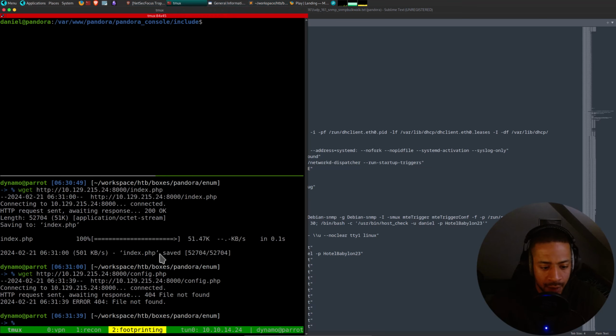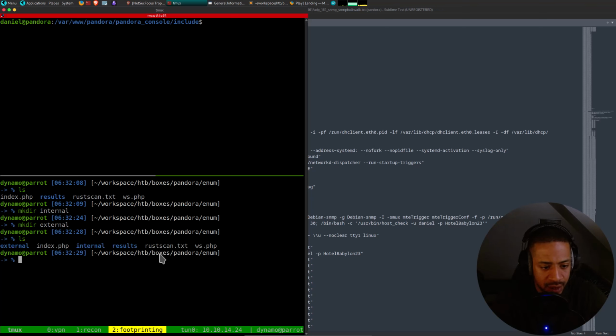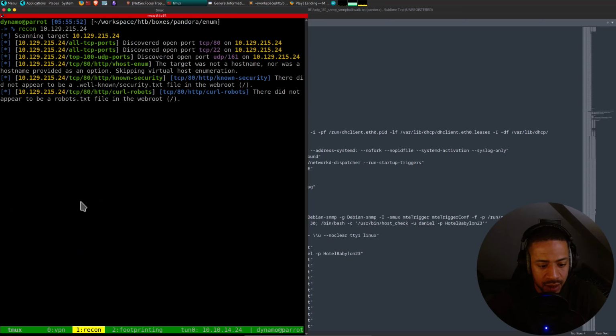Ooh, okay. I don't like this. Let's move index and WS into, okay, so we'll make a new folder, call it internal and external like this, and then we'll move results and Rust scan if the recon is done.